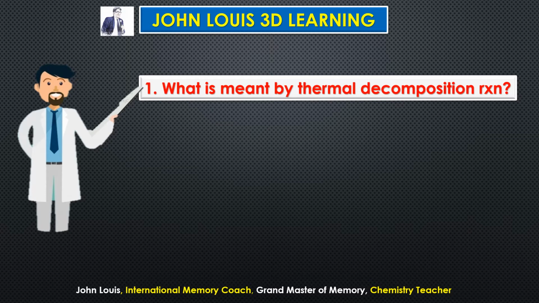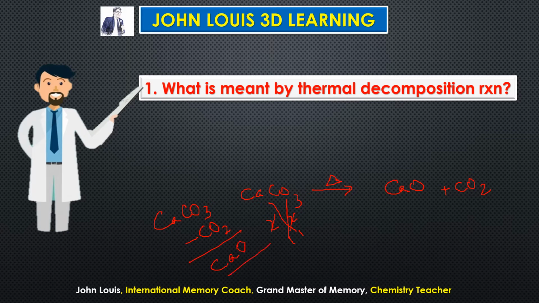Just for a quick recap, let me explain what a thermal decomposition reaction is. If you take any compound, the compound is heated. For example, take calcium carbonate, valency 2 and 2. If you simplify, 1:1. So if you interchange, you will get calcium carbonate. That already we have learnt. When you heat it, it decomposes to carbon dioxide and calcium oxide. We can easily find out the products here. Calcium carbonate, when heated, liberates carbon dioxide gas. Remove the carbon dioxide gas, and you get calcium oxide. So these are the two products here.